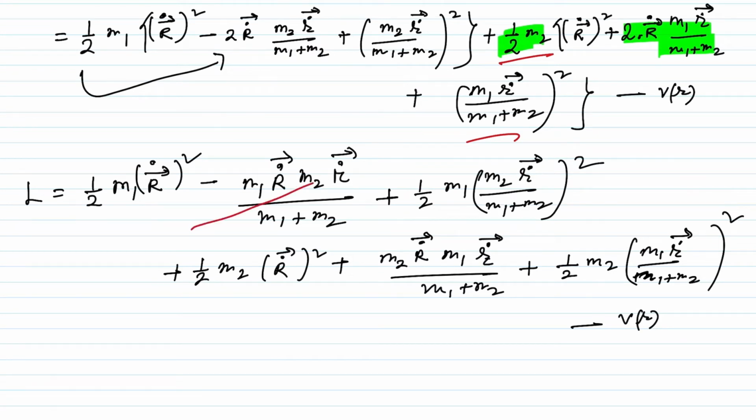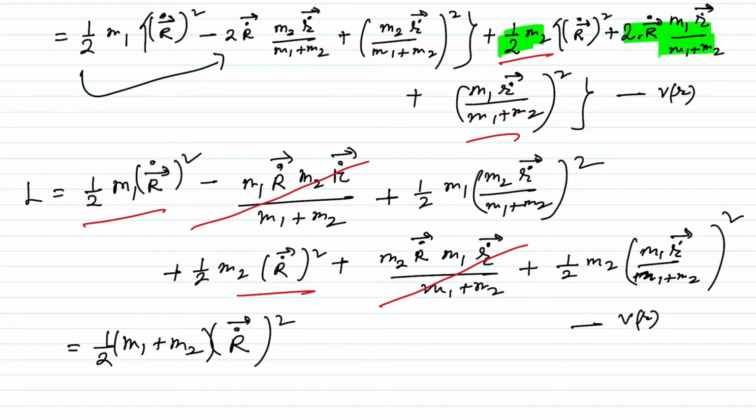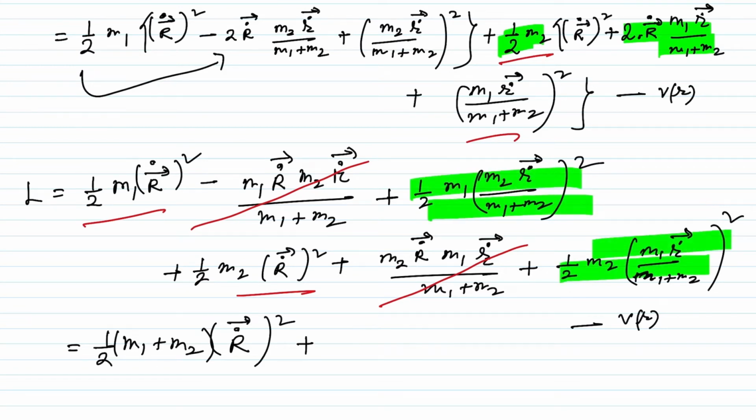Okay, so here you can see we can cancel these two terms. Is that clear? And from here we can take r dot square common, half m1 plus m2, so let's take capital R dot vector square, that's common. Then from the remaining two terms, what can we take common? From here we can take half m1 plus m2,